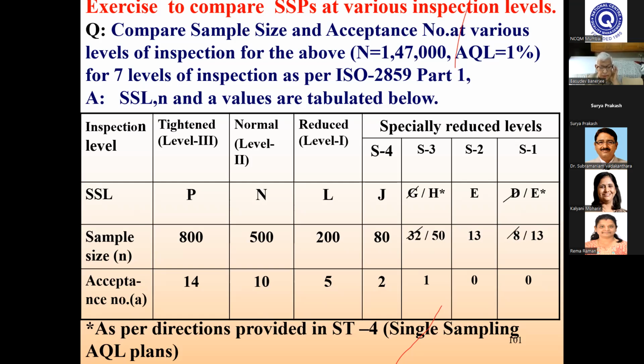Excuse me, sir. I have one query. In the single sampling AQL plan chart that you have shown, what is the acceptable quality level, the AQL percentage? It has 1% mentioned. Yes, 1%. This you have to decide along with your customers or based on your process capability.